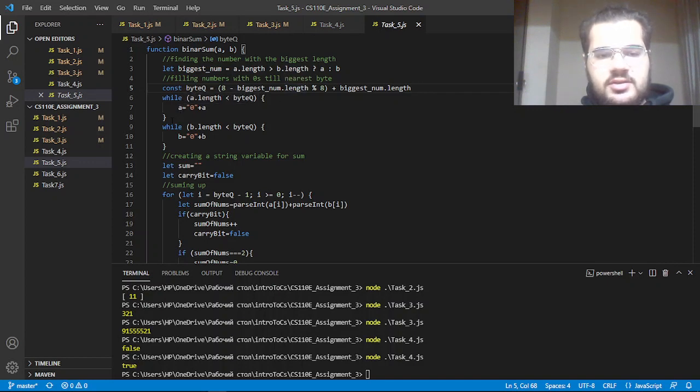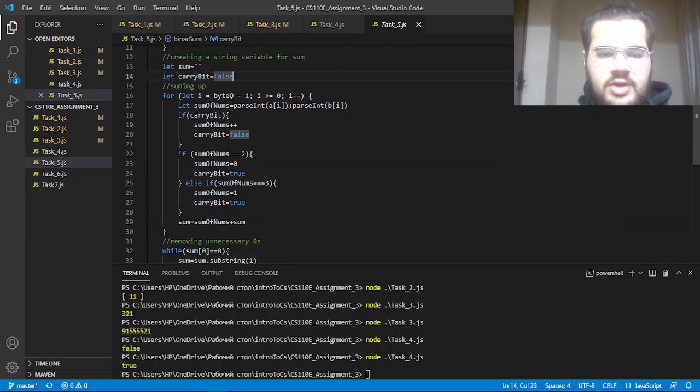and then it fills with these while loops, and then it creates a string variable for a sum, and also a carry bit variable which is false for the start, and then it runs from i equal to the biggest length minus 1 down to 0, and in that for loop it creates a sum of the nums variable, which is basically, starting from the last digit, the sum of those both digits,